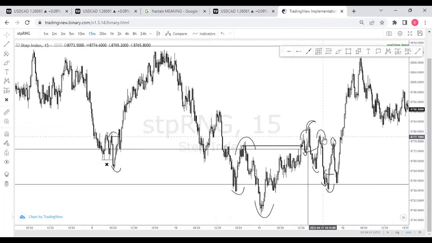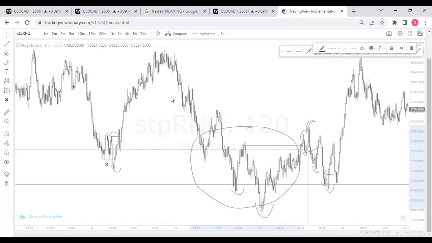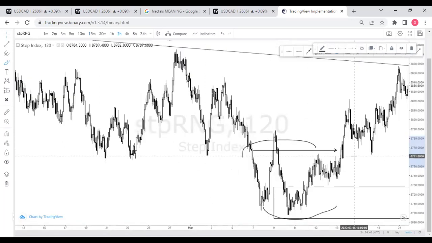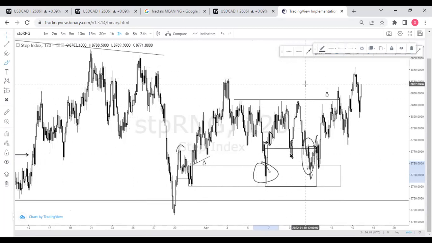Let me remove all of this. Now, remember that this entire move happened, all of this move is happening in our point of interest. So for instance, peradventure I missed the first one. Now let me show us something. Peradventure you missed this first entry right here, and then it gave you a 1 to 3 or thereabouts. And then, okay, I missed this. What then can I do?